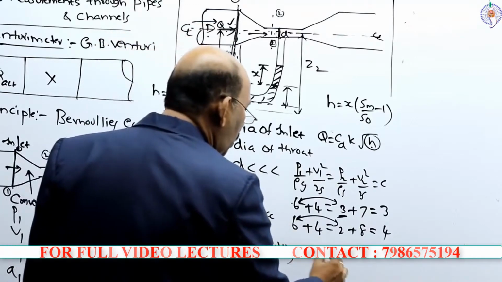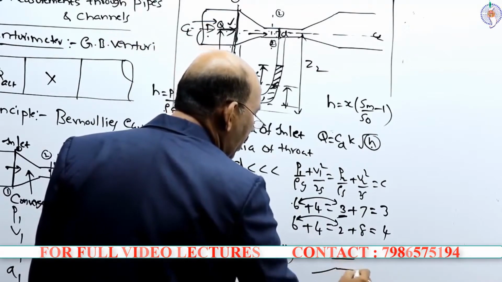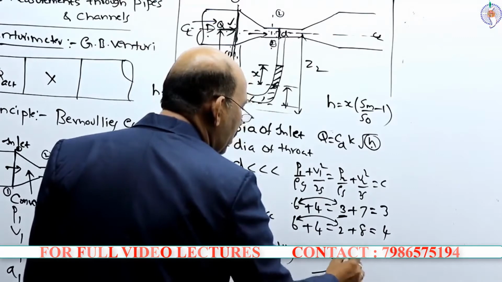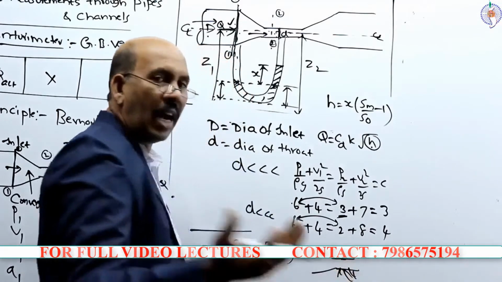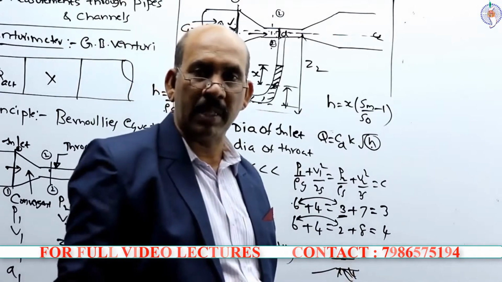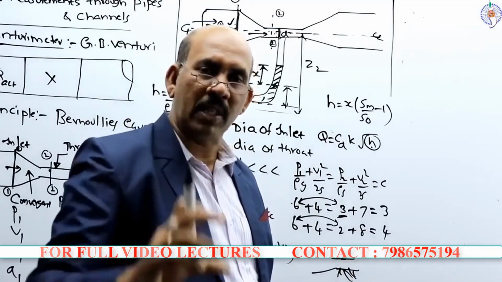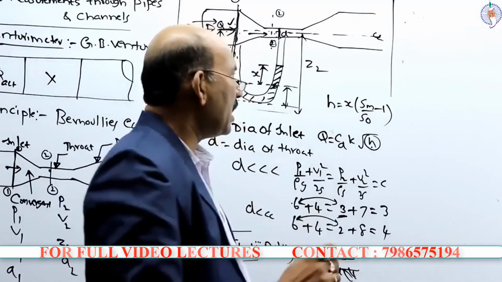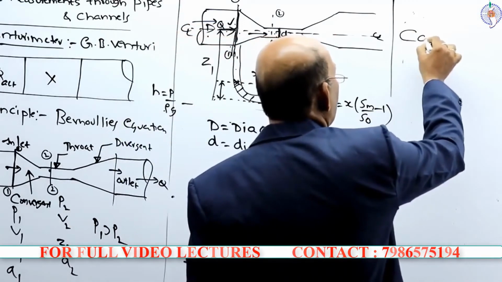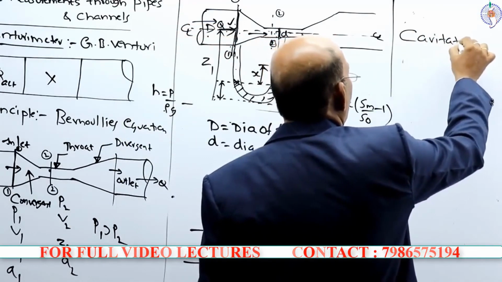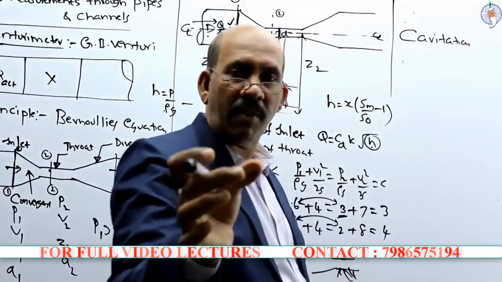That means the throat material is subjected to cracks and failure of the venturimeter takes place. This alternate formation and collapse of the vapor bubble is technically known as cavitation. So cavitation is a phenomenon of